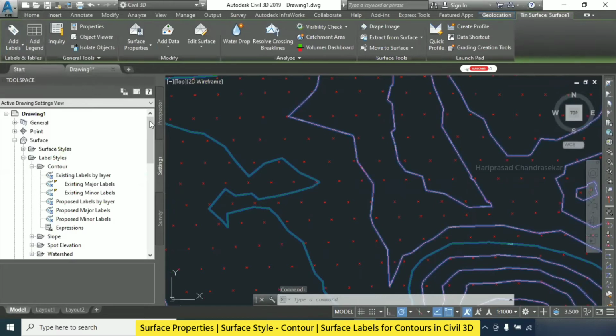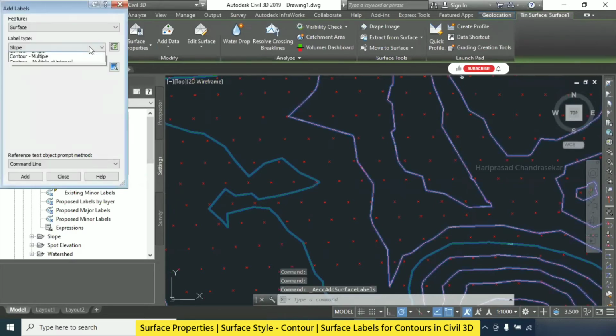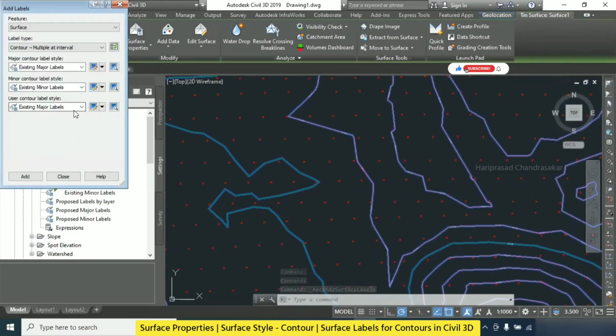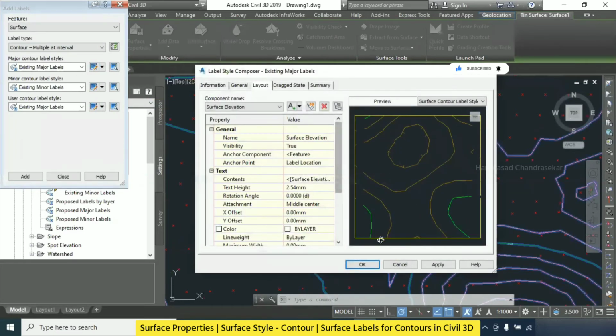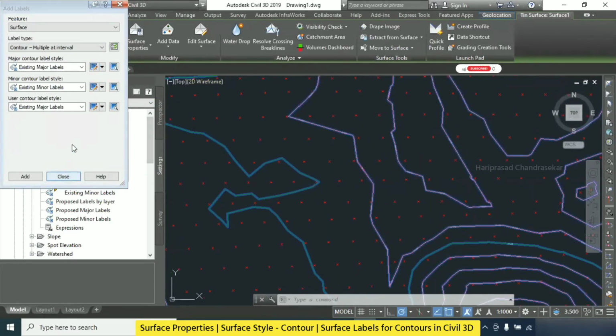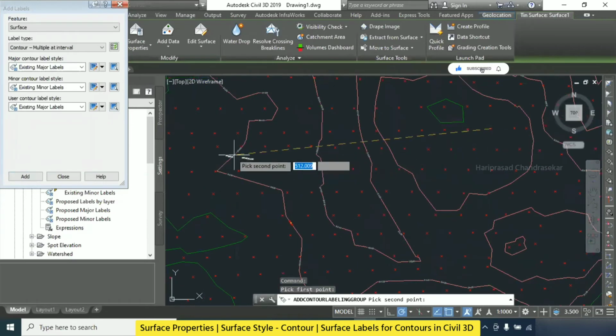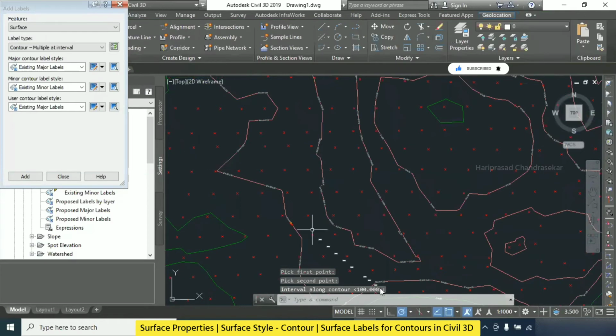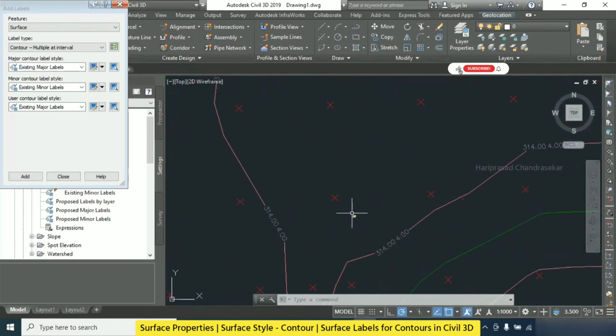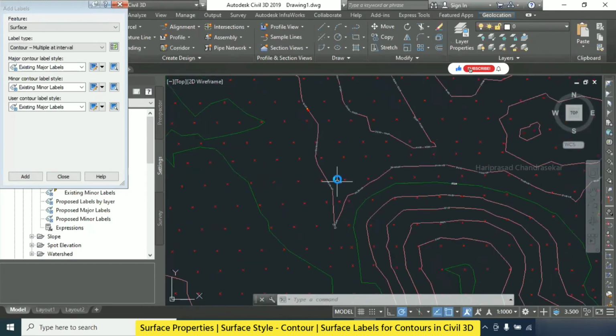Add surface label, contour multiple interval. Otherwise, you can go here also. For example, you can go for edit current selection. The same is coming. See, the same here also you can go for, and I'm just going to add, and then first point and the second point. See, now everywhere red color is coming. No, the same only it's coming. Okay.